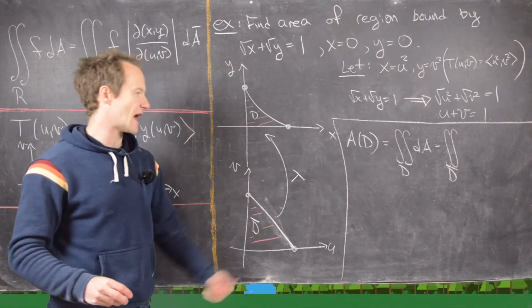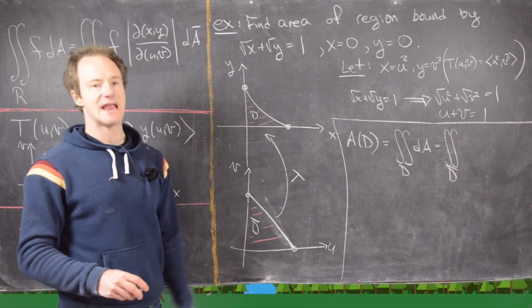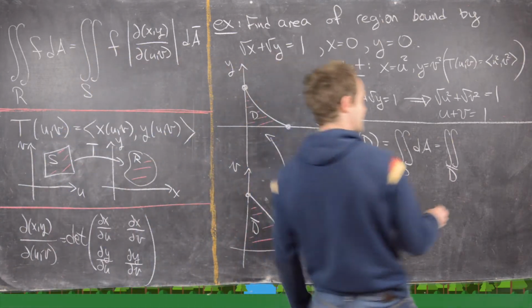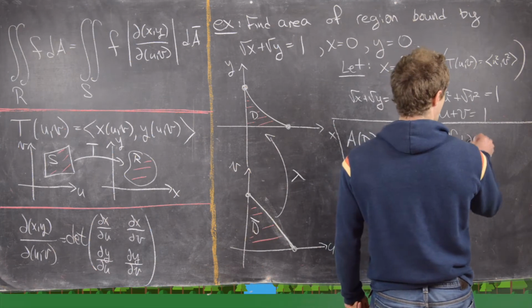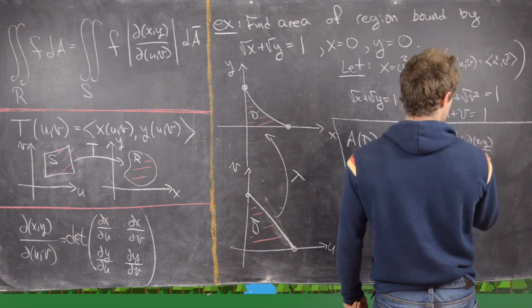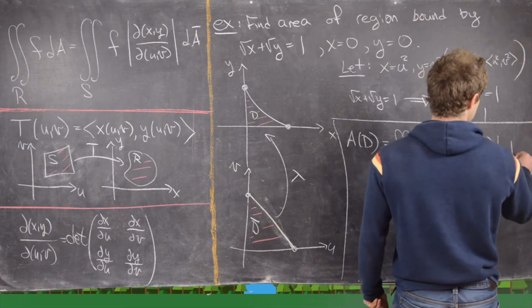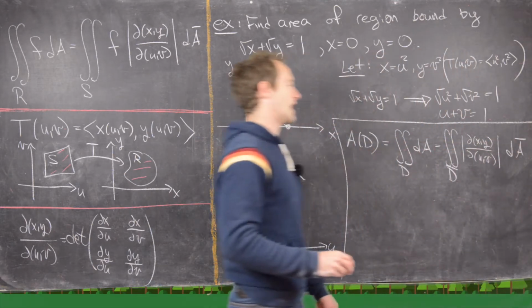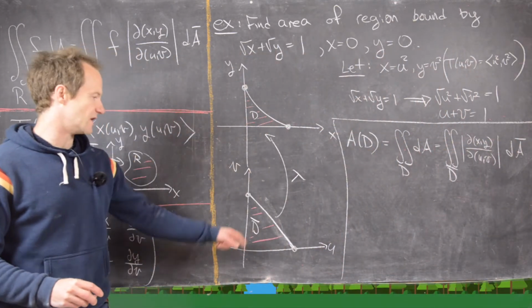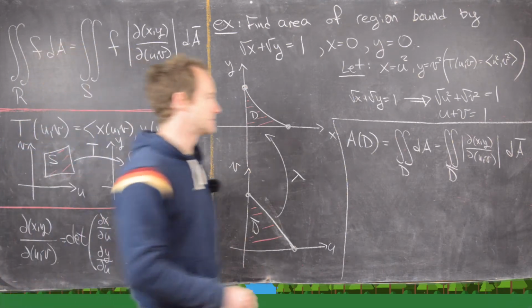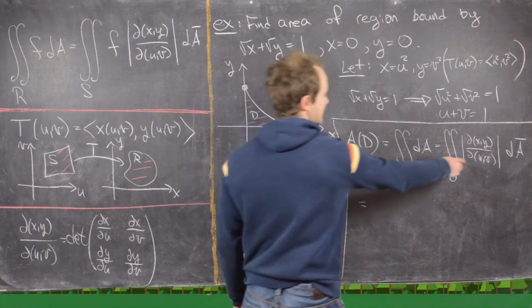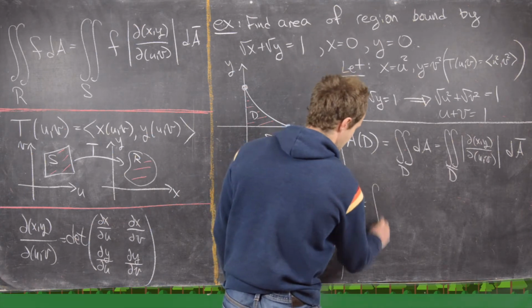So we want to move that into the UV plane, but now dA has been replaced with the absolute value of this Jacobian, ∂(x,y)/∂(u,v), and then dA bar, where that A bar is happening in the UV plane. Okay, good. But notice that this thing is something that we need to calculate,